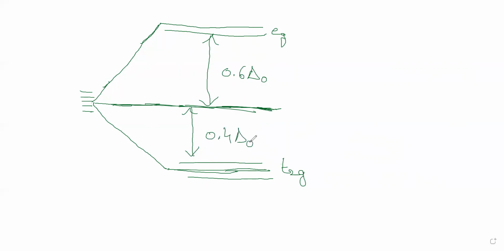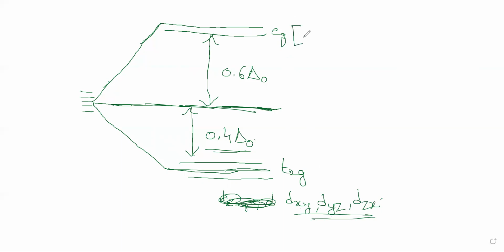What is that middle line? We'll talk about that. First, you understand this. Ensure that drawing the diagram is like this. Now, this is my dx square minus y square. Sorry. This part is dxy, dyz, dzx, right? This is my T2G set. Now my EG set is dx square minus y square, dz square. Clear? Now, what is the gap between the T2G and EG?